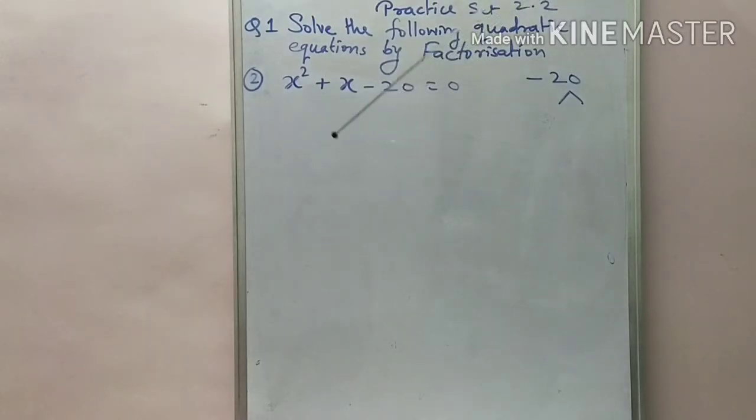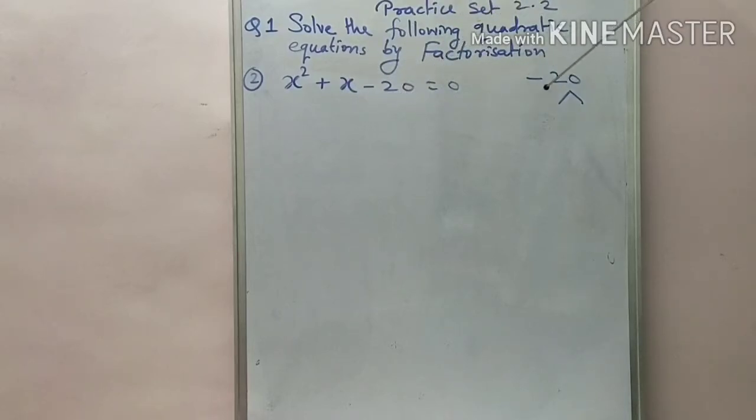The second example is, here we have the quadratic equation x square plus x minus 20 equal to 0. The constant term is 20, and the coefficient of the square term is 1, so 20 ones are 20, and with the minus sign it means the product is minus. So here we have to find the factors of this 20, and the minus sign means subtraction as the middle term, and that middle term coefficient is 1. So give me the two factors.